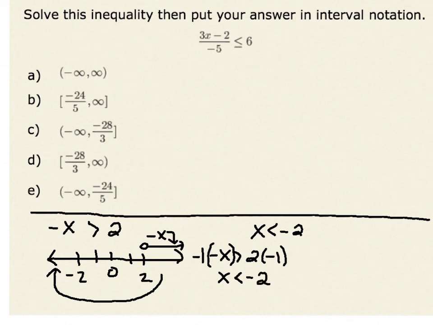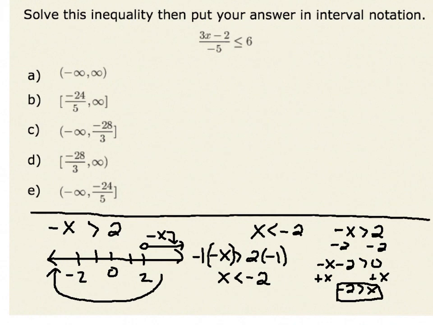Another way I could look at this is if I was going to solve the opposite of x is greater than 2, I could do this in 2 steps. The first thing I could do is subtract 2 from both sides. I would have the opposite of x minus 2 is greater than 0. Then I could add x to both sides of the inequality, giving me negative 2 is greater than x, which tells me that x is less than negative 2,